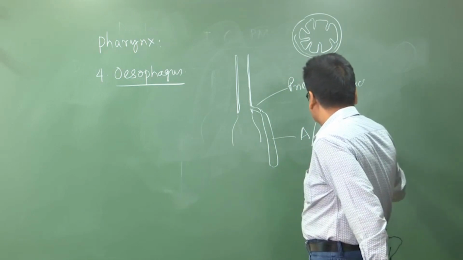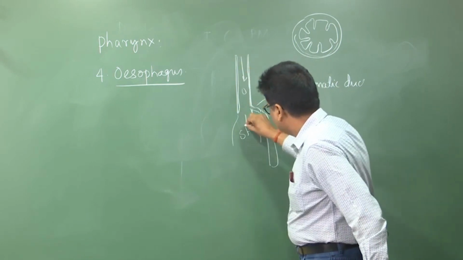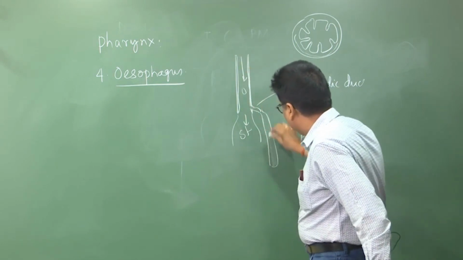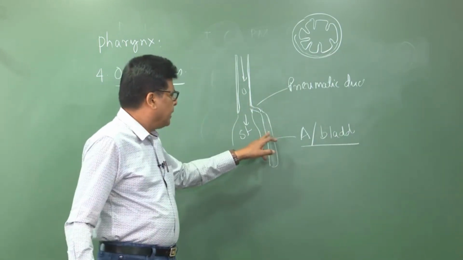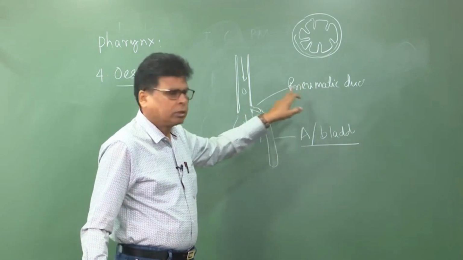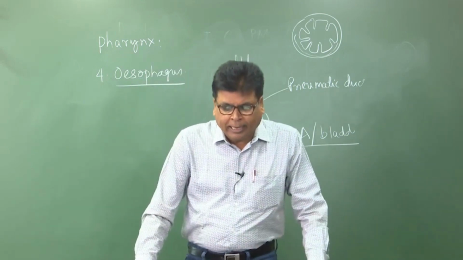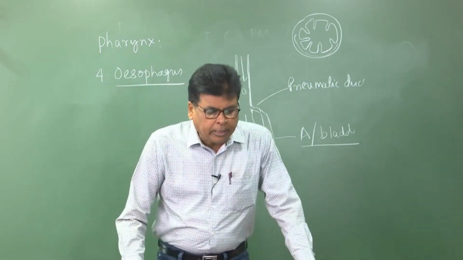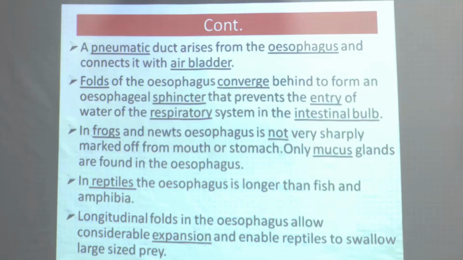You see, this is the air bladder, and this is the stomach, and this is the oesophagus. Sidewise it develops a structure, the air bladder. This air bladder develops from the pneumatic duct, and this duct comes from the oesophagus. So in bony fishes, a pneumatic duct arises from the oesophagus and connects to the air bladder. Again, folds of the oesophagus converge behind to form an oesophageal sphincter